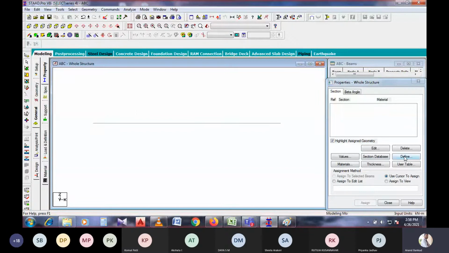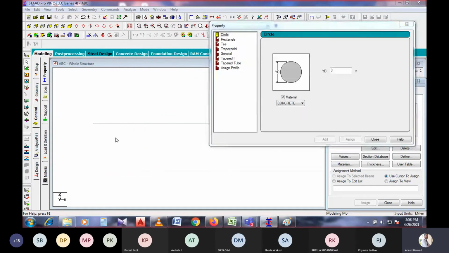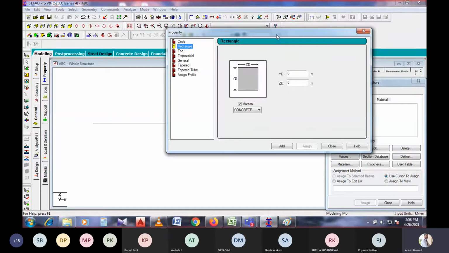The properties of the member are nothing but the dimensions, right? So now we are going to analyze the particular beam. That means the beam will have a rectangular shape, so the dimension will be rectangular. Initially I will give some dimensions, 0.4, with units in meter, right? So the depth of the beam is 400 mm and the width of the beam will be considered as 230 mm initially, and then I will just add it, right?